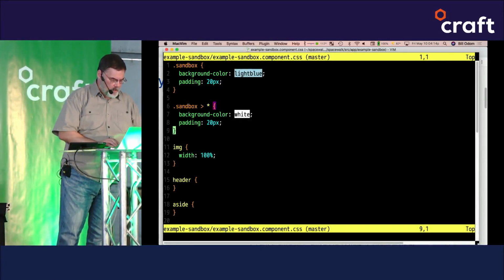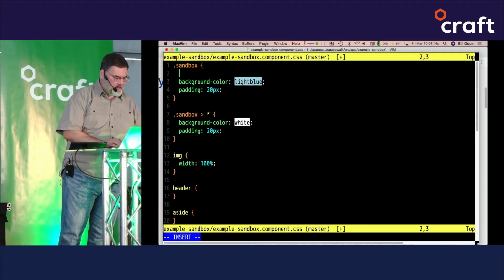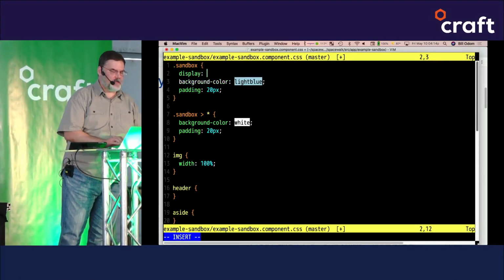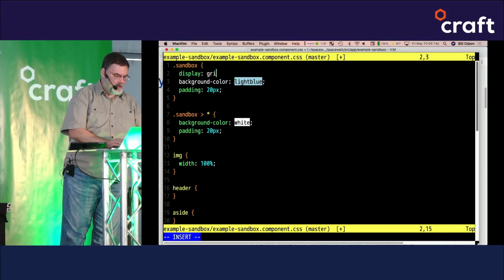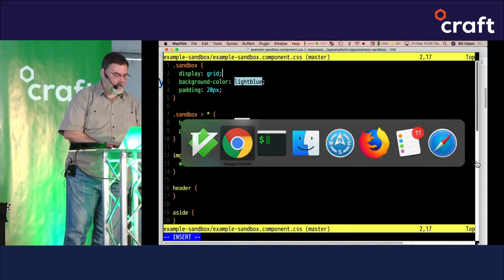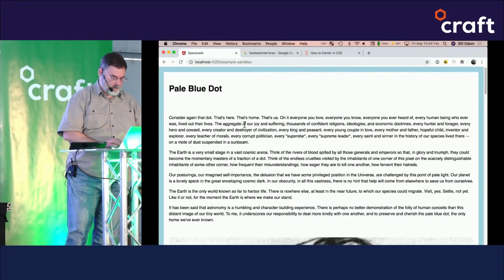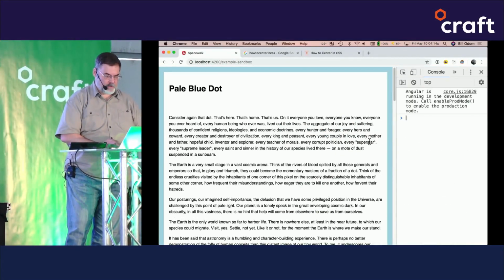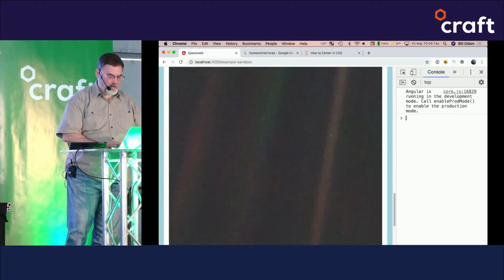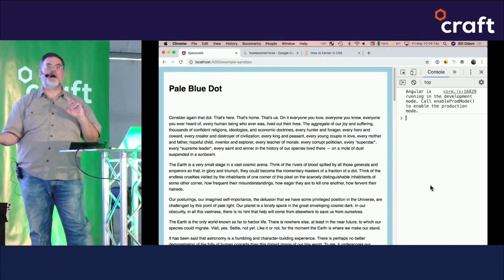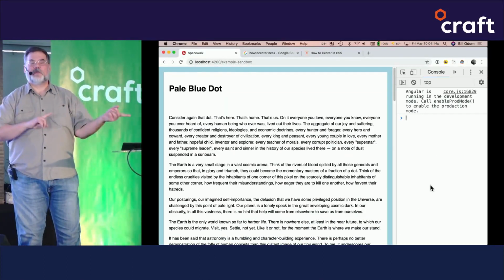Well, the very first thing that I want to do is say that this thing is going to be not its default display value, but display grid. I'm going to save that, refresh, and show you that basically nothing changes. So I'll turn on the console here so you can actually see when it's recompiling. Everything looks the same. So going from display block, which was the default for a div, to display grid didn't